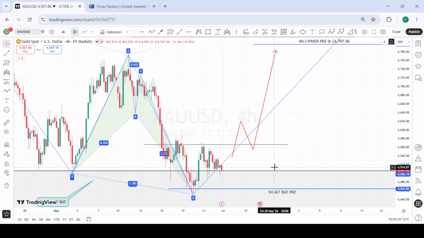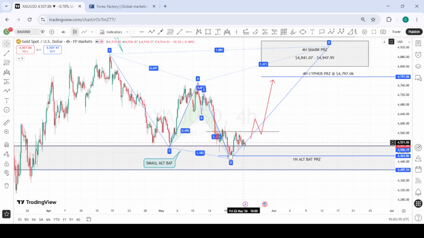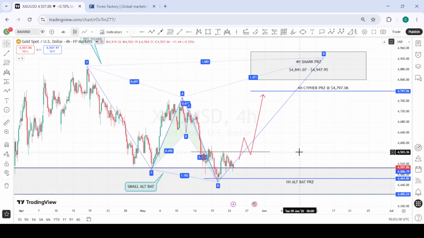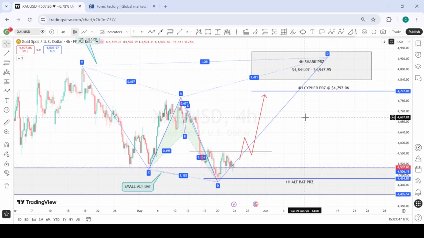And this is gold. For gold, if we are able to see a weak DXY, we are most likely going to see some bullishness on gold for the coming week. We actually had an alt-bat formation, a small alt-bat formation right here, and price is reacting from the potential reversal zone, which is indicating some possible buying moves from here. So going into next week, all we'll be waiting for is a daily structure shift here. Should we get a daily structure shift, get a pullback to retest the neckline of the structure points, then we look for buying opportunities to the upside. Or if we get a higher low formation, then we'll take our buys to the upside. Until then, we just have to wait to see how price develops.